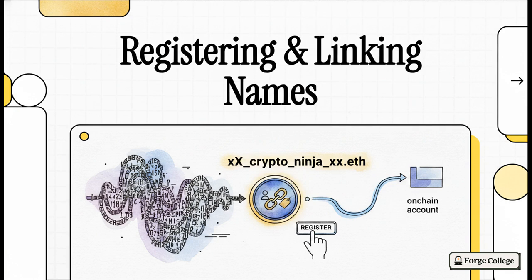Because let's face it, absolutely no one wants to memorize a string of 42 random alphanumeric characters just to send you funds or look up your decentralized profile. We want to trade in those unreadable crypto addresses for something sleek, something human. Something like